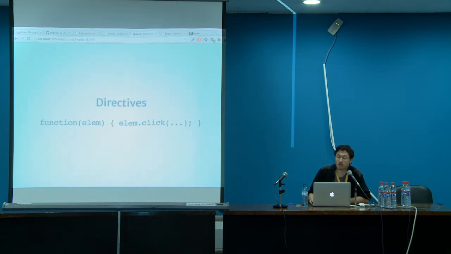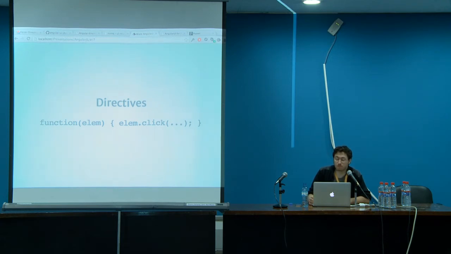A directive in AngularJS is, again, just a function that is assigned in the DOM. So you can use attributes or elements or even comments or CSS classes to assign directives to different elements on the page, and then you can use simple JavaScript functions to attach behavior to those DOM elements. And again, the way that you construct a directive is really simple.